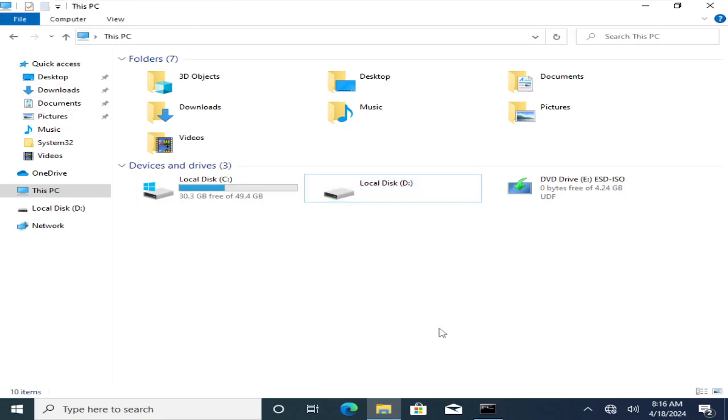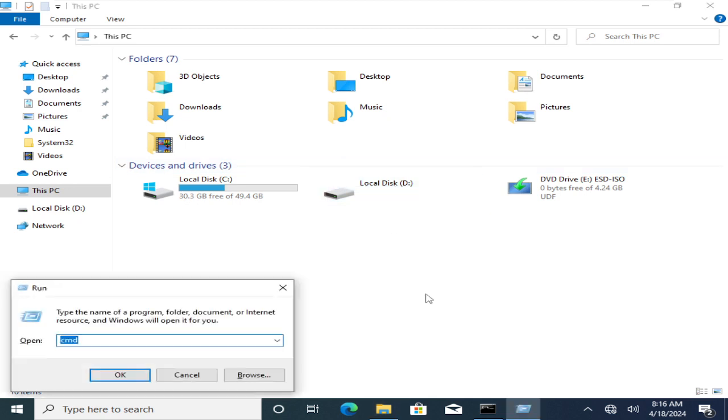So if you look, the D drive is there, but it is not showing any data. I mean, it is not showing the free space. It is showing you as a raw file. So to check, what you can do is go to Run and type a command called disk